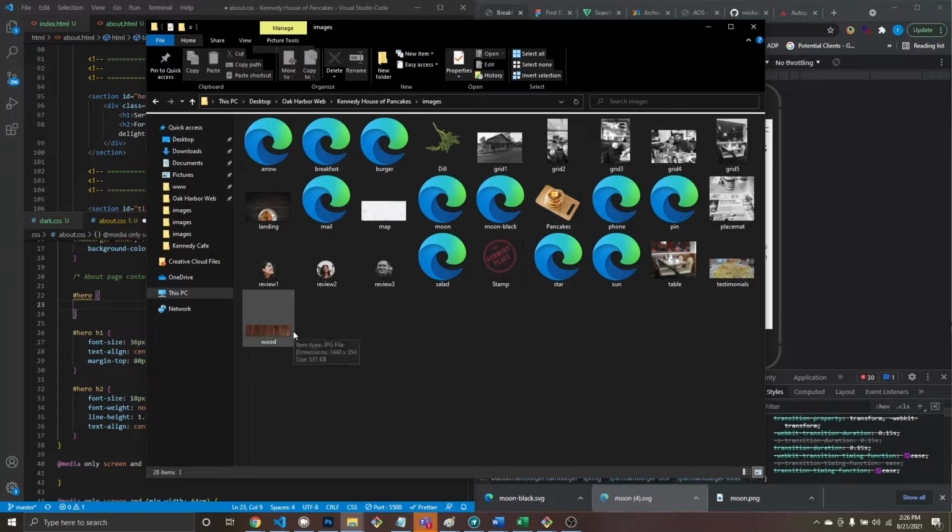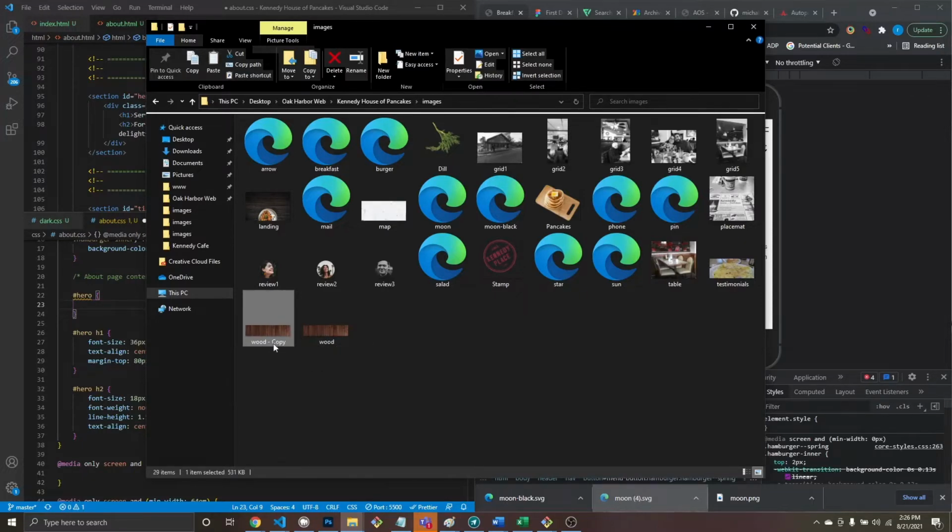Let's use wood. But you know what? Because it's so long, what you gotta do? Copy, paste. Okay, so I got copy, right? So this is gonna be wood mobile,